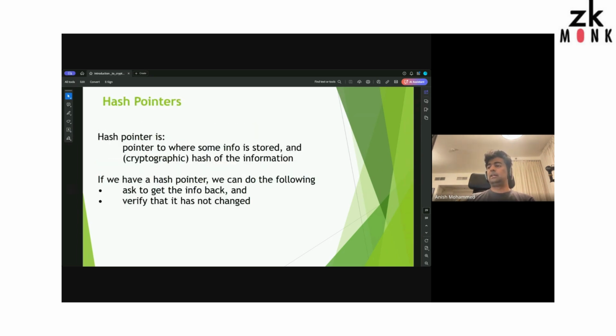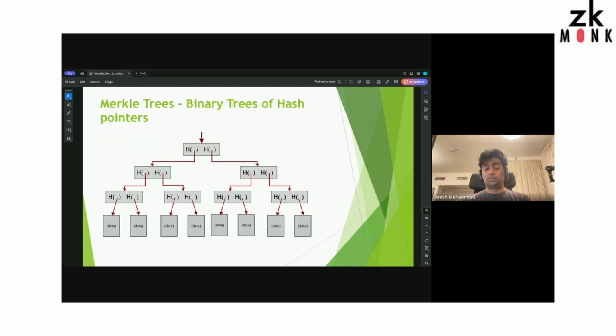Right, and I think the most interesting piece there is a hash pointer. Effectively, you can think of it like this: you have some information, you use a hash, and the hash actually points to the address to which it points. And this results in what we call the Merkle tree, which is the basis of what we call the blockchain.